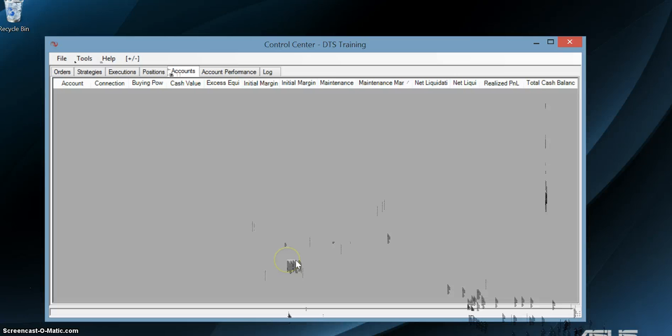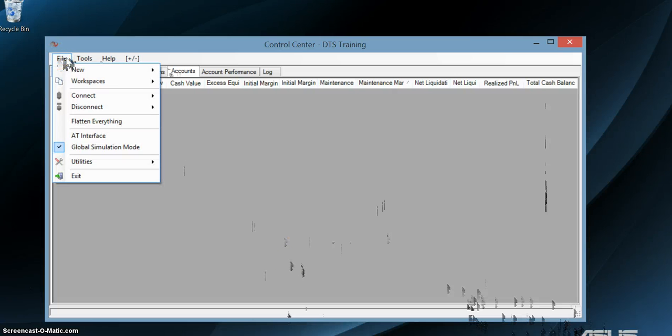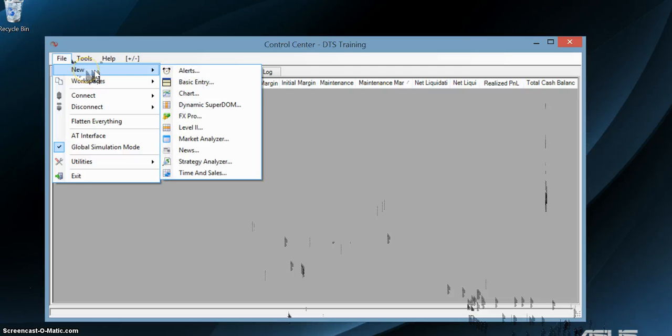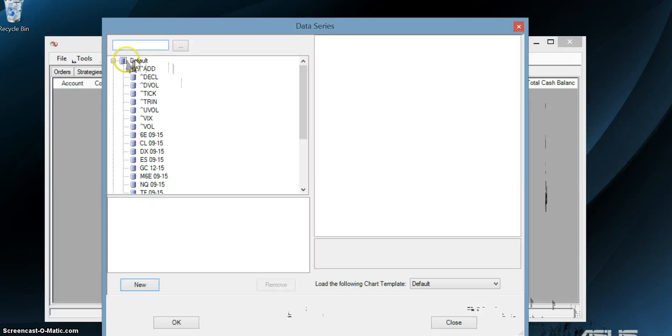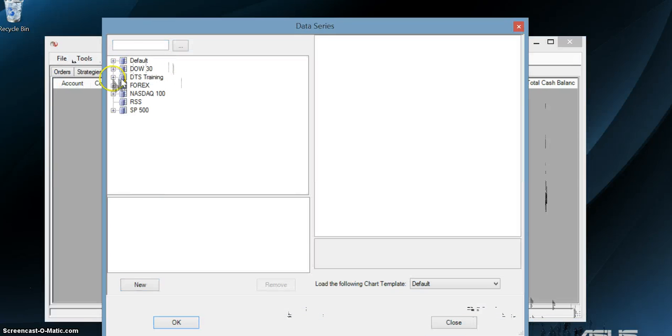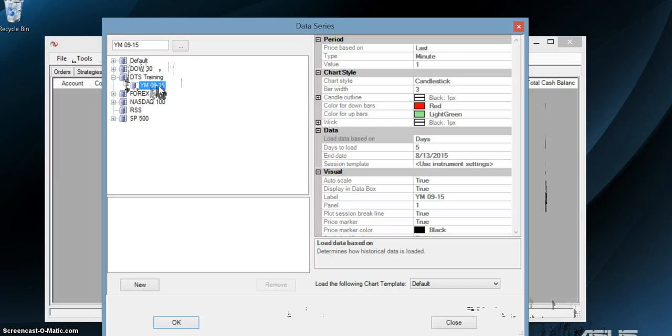So now we are going to create a new chart. We go to the File menu, select New, and then we're going to scroll over and select Chart. Now I'm going to go to the list that I created. Yours is default. This one is going to be the DTS training one that I created so we can demonstrate how to do this. And we're going to highlight the YM